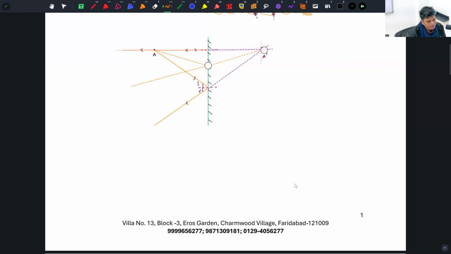Okay, so you can have infinite such points, because there can be infinite such rays emerging out of this. All of them have angle of incidence equals to angle of reflection, because obviously that is fundamental and that will work always. Okay, so these are the few rays. Now this is what we call the object. यहाँ पे मैंने point size object लिया है. This is what we call image. This distance is what is the image distance,